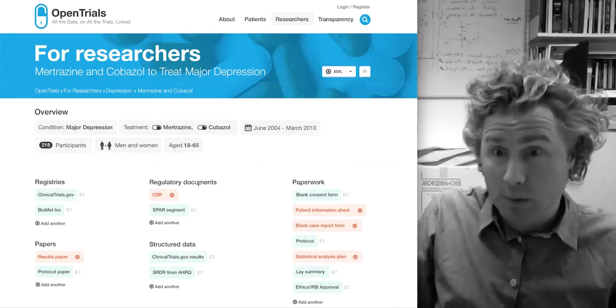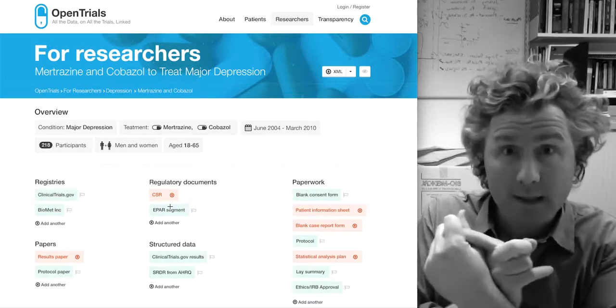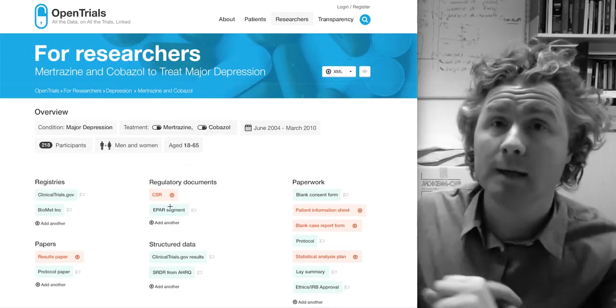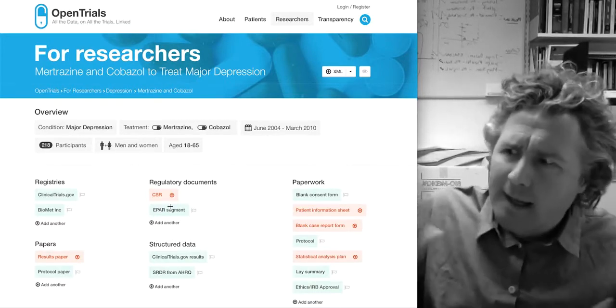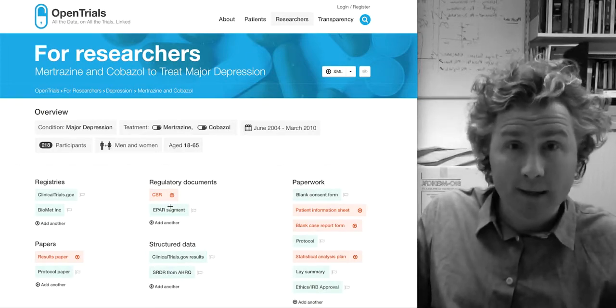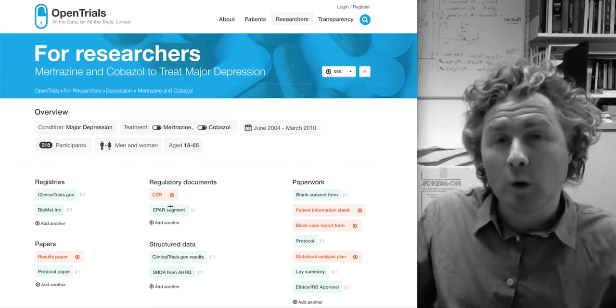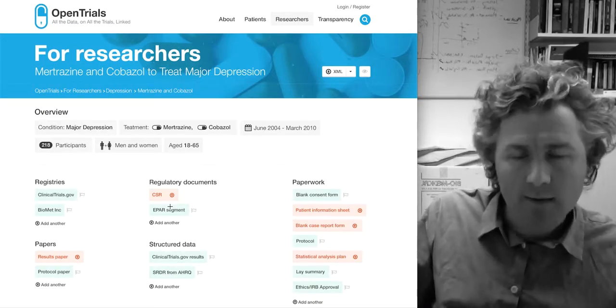Other regulatory documents, well, we don't have a CSR, but we would like one. So if you've got one, you can give us a link to it, or upload the file. So once we get into that, there's all kinds of interesting challenges and questions around IP, copyright, fair use, and so on. We will cross these multiple bridges in whatever vehicle seemed most useful at the time.